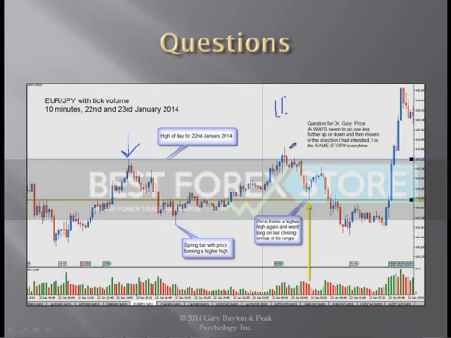Well, what happens here? It rejected yesterday's high. Selling came in here. Here's the way to think about this. If you're a day trader, it's really important. This is where sellers came in and had an effect on the market yesterday. They stopped the market from going up at yesterday's high.